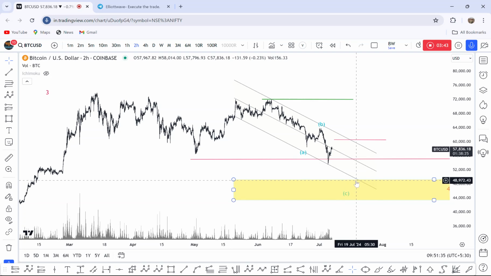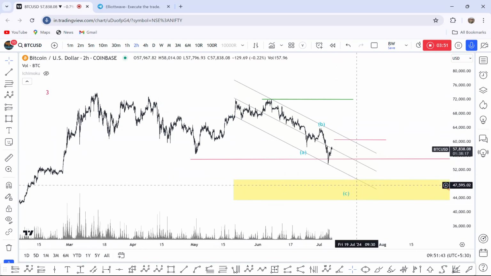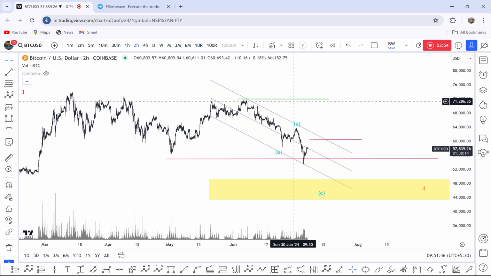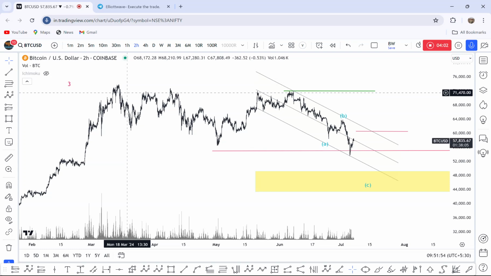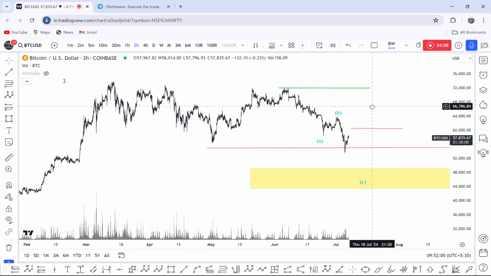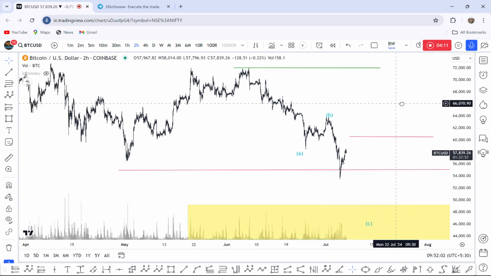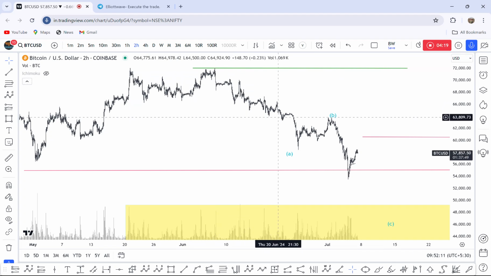Our 50 to 61.8 percent retracement of the prior wave, the third wave, is in between this yellow area. Now, if we count, this is the A, this one is B, and C is running. So this is the flat correction, and this one is the zigzag correction. Let me analyze this. You can see here, this is the wave 1, 2, 3, 4, and 5.